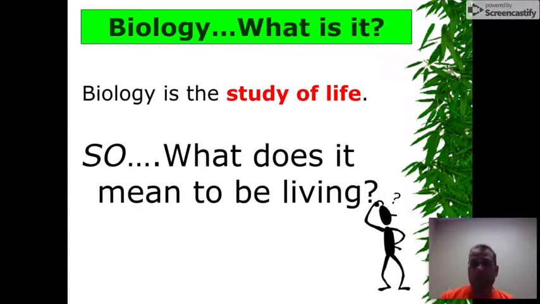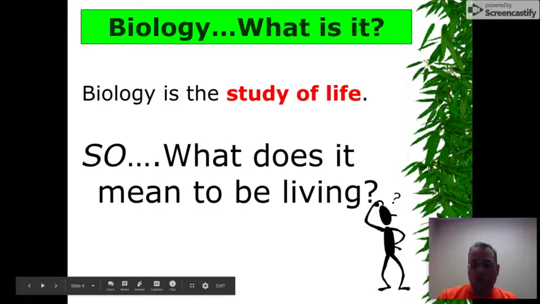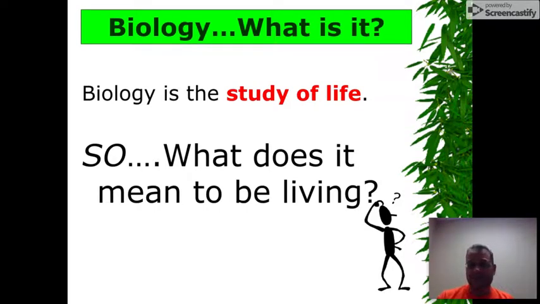During this course, we're going to be basically discussing anything that is living, mostly related to the human body. So, what does it mean to be living? That's kind of the big thing we're going to be talking about. What are some things or characteristics that scientists look for when they're trying to determine whether something is living? So if I looked at a rock and I looked at a worm, can I use a list of characteristics to help me understand whether one is living or not?